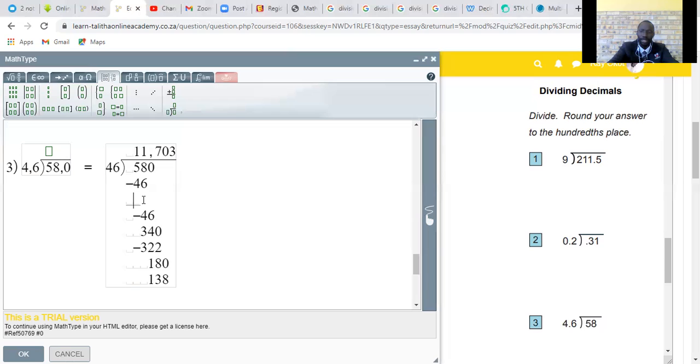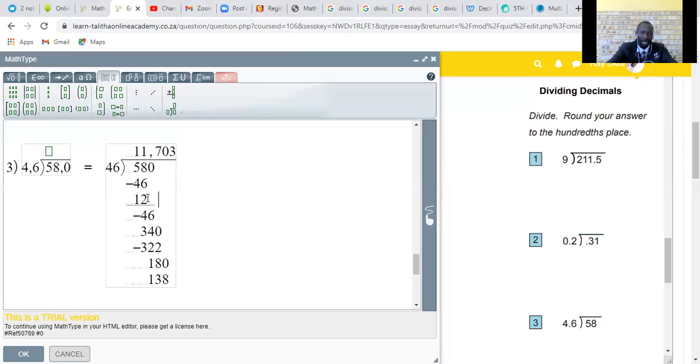This is 12. We write it here. 1, 2. Yeah. That is where we went wrong. Now the thing here is, can 12 be divided by 46? No, 12 cannot be divided by 46. And so